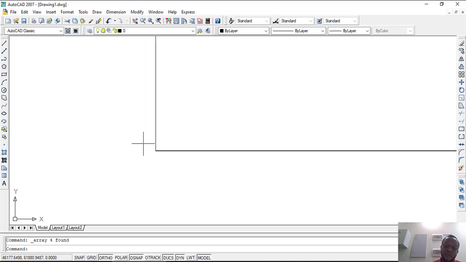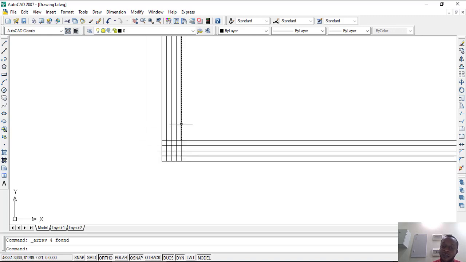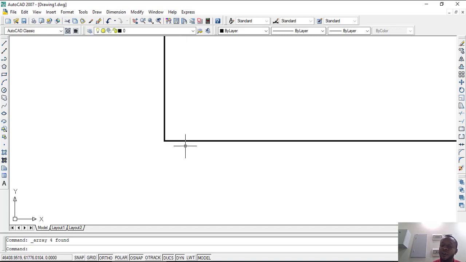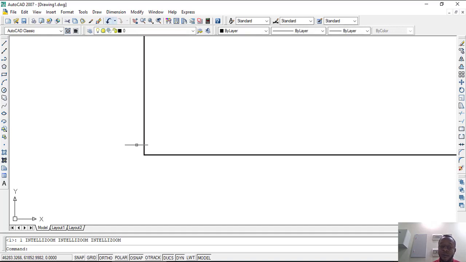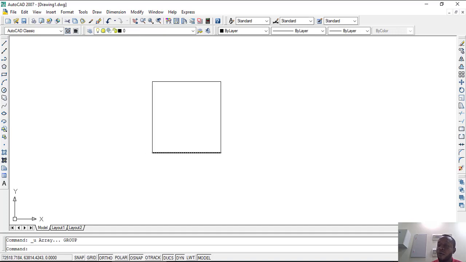Okay, so if you zoom this drawing now, you see we are having it in different directions at an offset of 1 millimeter. You understand? So that is how you use your array. Okay, so we'll go back again, and the next tool we have here is